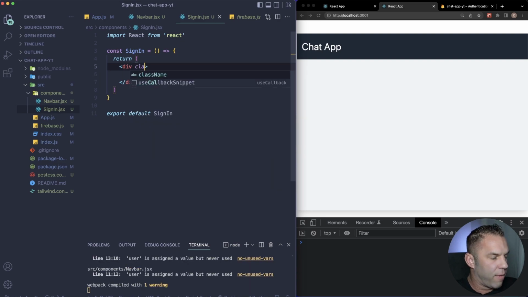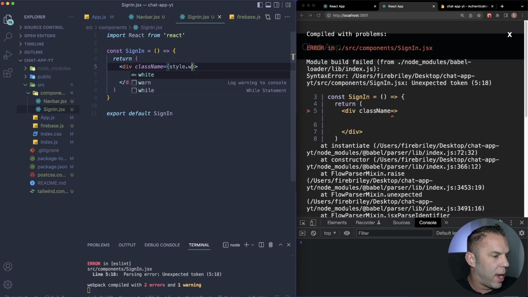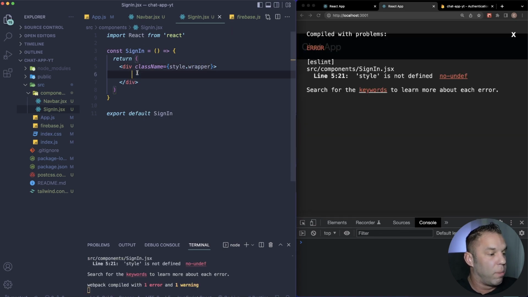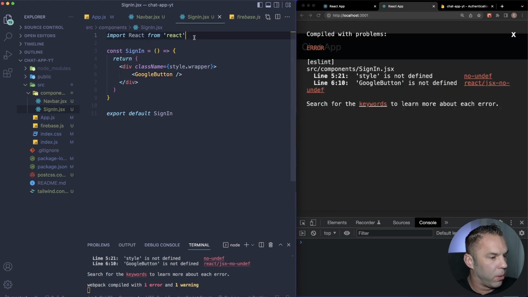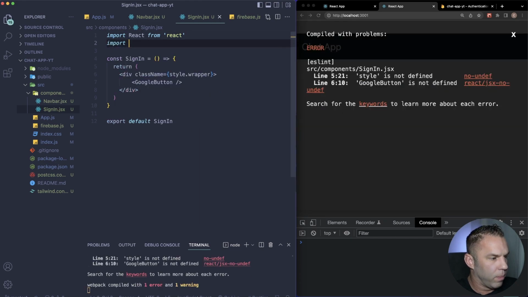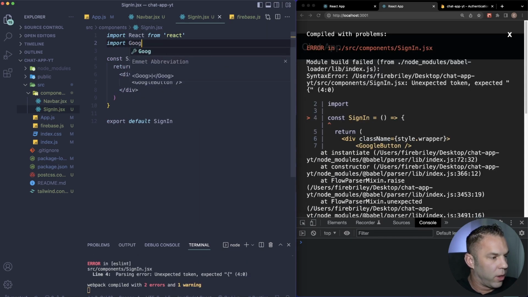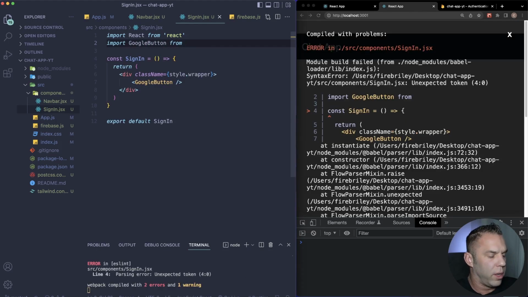So we're just going to have this outer div here that's just going to be like a wrapper. So I'm going to say style.wrapper, just like that. Then inside here, we actually have our Google button. So I'm just going to say Google button, just like that there. And so we need to import a couple of things here. So let's import our Google button. So we'll say Google button, and this is going to be from, let's see,